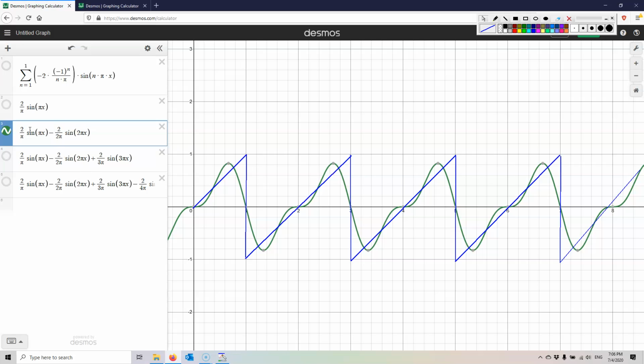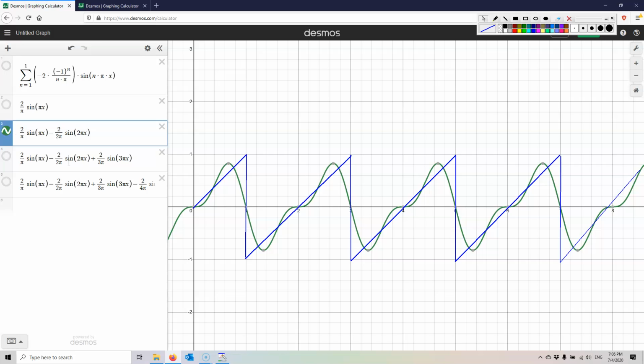Of course, you would never guess those values. You never say, I bet it's 2 over pi times sine of pi x plus 2 over 2 pi times sine of 2 pi x. You wouldn't guess those, but there are ways of finding them based on the function you're starting with, the function that you want to approximate. Those methods are beyond what I'm going to teach you right now. You should look them up yourself, go online, find out about Fourier analysis. Okay. Just showing you how it works.